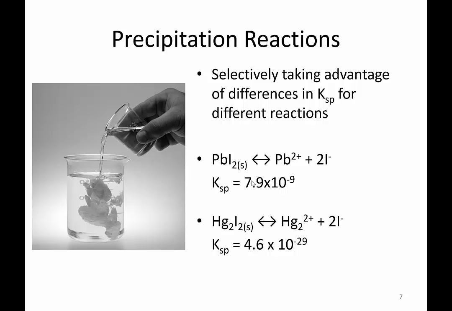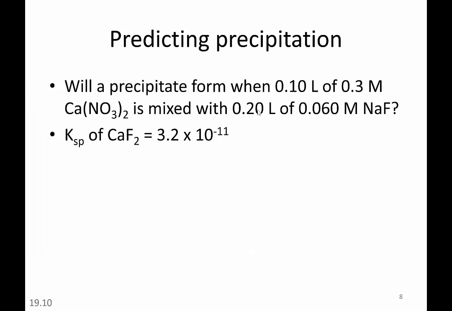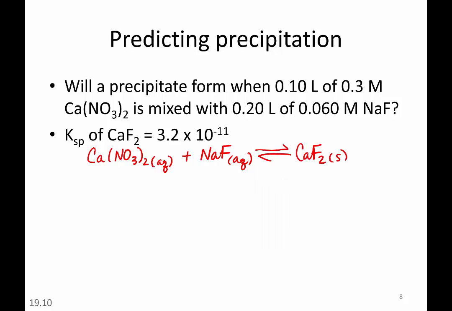But I wanted to show you how we can predict precipitation. So this is similar to the practice problem that you guys did in class, but I just wanted to show you how you could solve it from a different perspective using your Q and K. Our calcium nitrate, which we know is soluble because it's a nitrate, and we have our sodium fluoride, which we know is soluble because there's sodium. And this is going to react